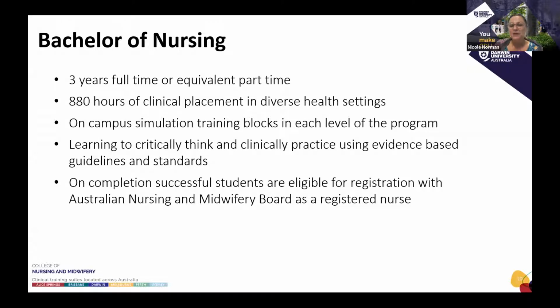And how is it beneficial to my patient or my client at the time? And we do that by using evidence-based guidelines and standards. So you're not just doing, but you're also knowing and understanding, which is great. On completion, all successful students are eligible for registration for the Australian Nursing and Midwifery Board to be a registered